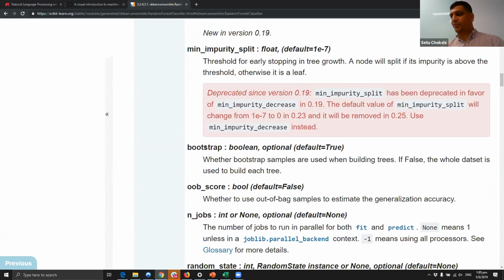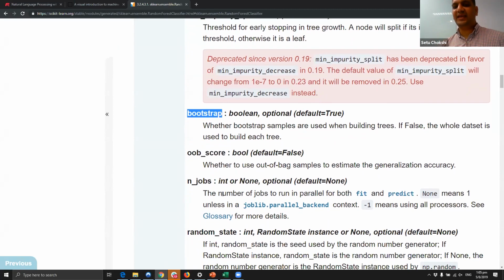So when you were sampling 100 out of the 1,000, that concept is called Bootstrap. When you set it as true, it's going to sample the data. If you set it as false, the whole data set is going to be used. The next one is out of bag score. What is out of bag? The samples that never got picked up for a tree, I'm going to use those to figure out how good that tree is. Basically, I just want to make sure that I'm generalizing well enough. That's a concept that we end up using.